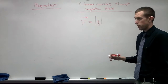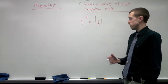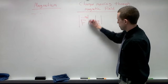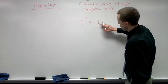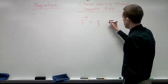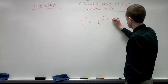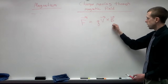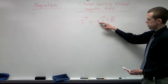So it's just always a positive number there. Don't use a negative, even if it's an electron. Just use a positive number. I guess that would just be for the magnitude of this force. We'll come back to that in just a minute. Sorry, I messed up there. And then the equation here is V cross B. So it's the velocity vector crossed with the magnetic field vector, and then multiplied by this scalar quantity